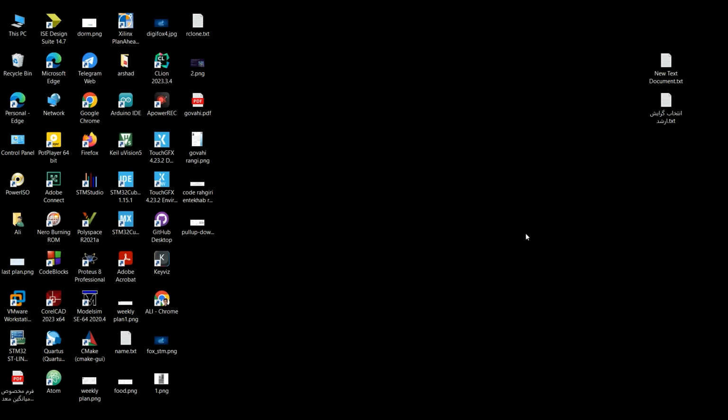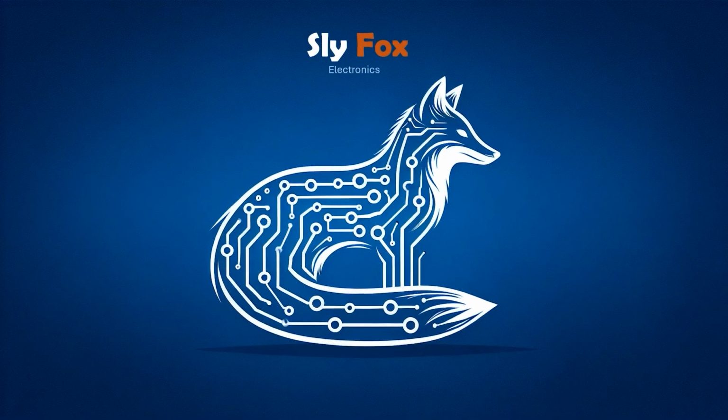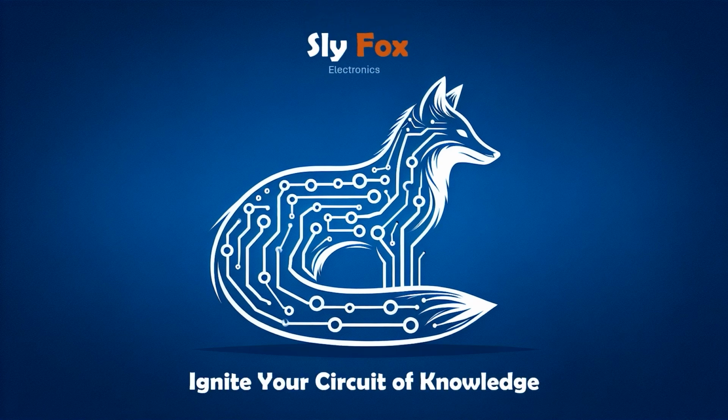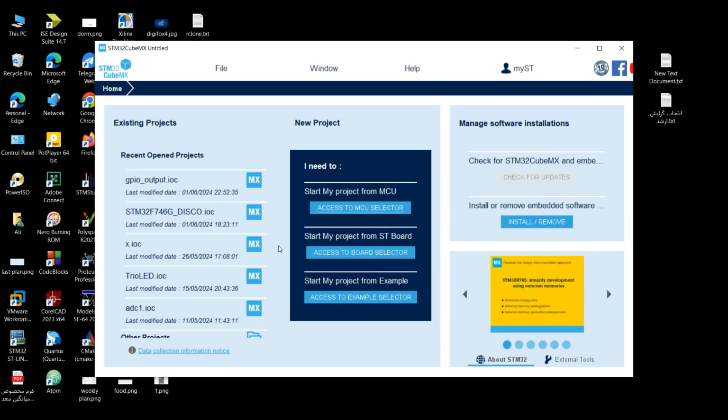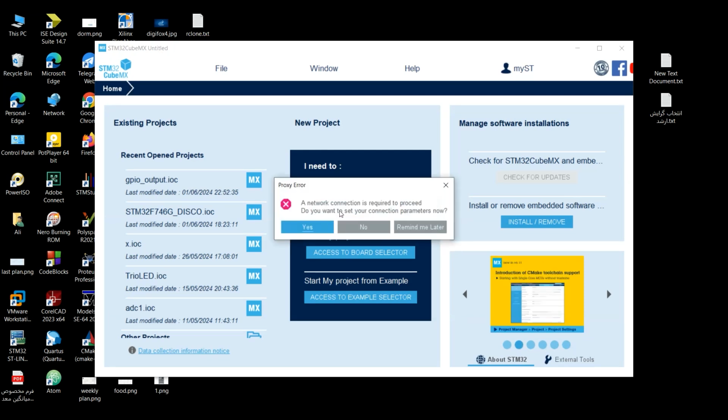So now let's prepare the CubeMX for this project. Well, here we go. I click on access to my MCU selector. I don't want to set my connection parameters right now.